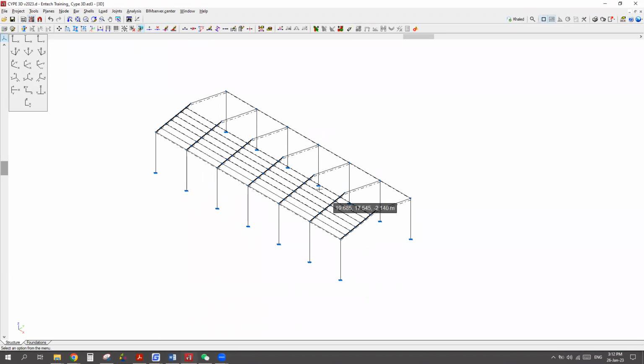Okay, so after creating the elements and assigning the sections to them, you can go to, let's say, if you have any walls, you can create the